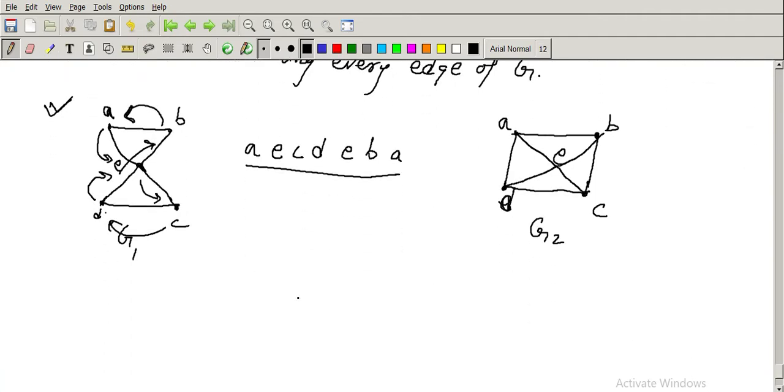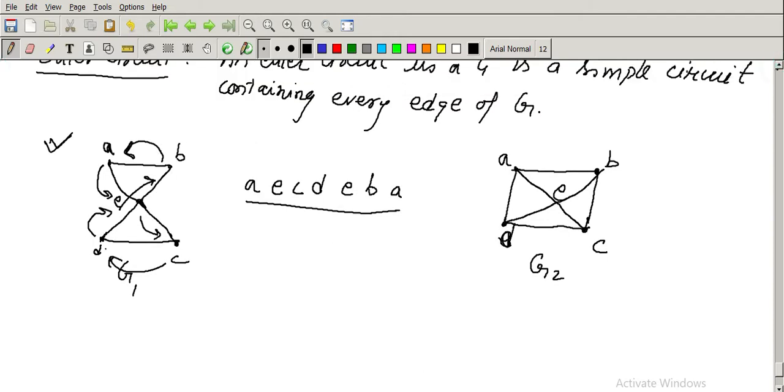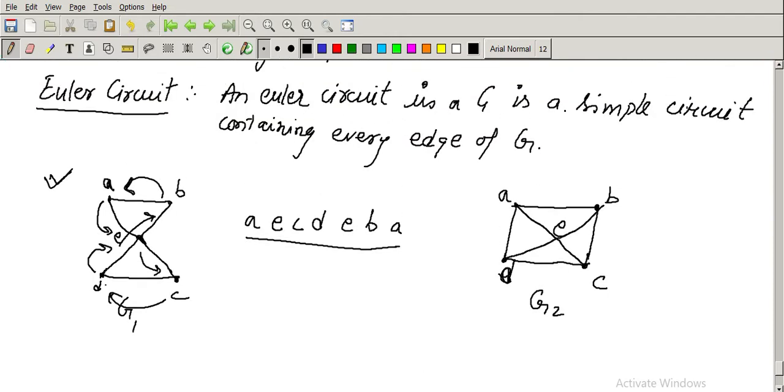So in the G2 graph, we don't have an Euler circuit, because if I start from A, I go to B, then E, then C, then D, then A. In any way, it's not possible that we cover all the edges, because the definition says that an Euler circuit in a graph G is a simple circuit containing every edge of G. So if you start from here, you will come back here, but will not cover all the edges in the graph. So that's why G2 does not have